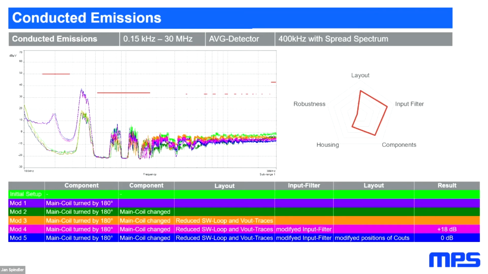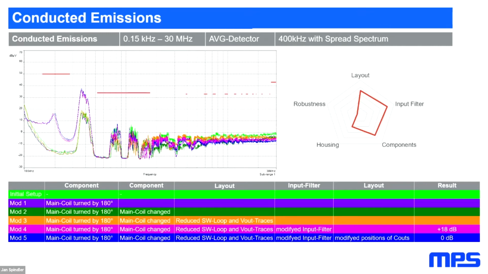As mentioned here, I've separated it into these 5 topics. And then we did some changes, starting from the green one here, which was our initial setup from our EVB. Then sometimes you see a dot on your inductor. The dot normally has something to say: it's the start of winding. And what we figured out during the last years, and I think Jens has been talking about this for 5 or 6 or 7 years,